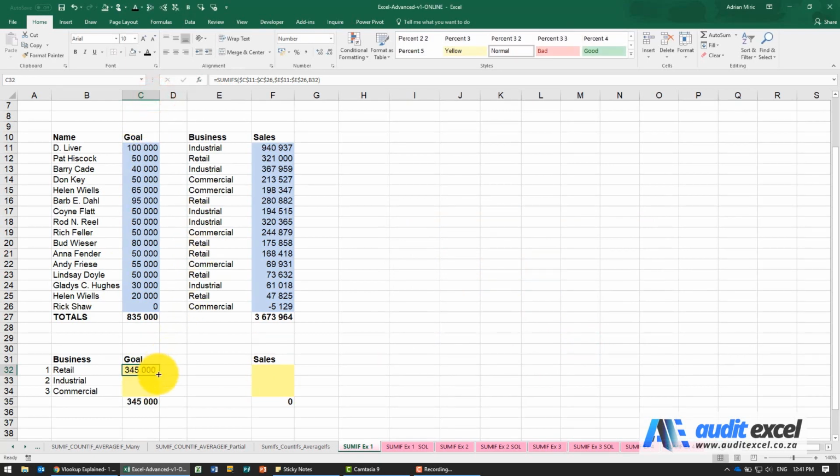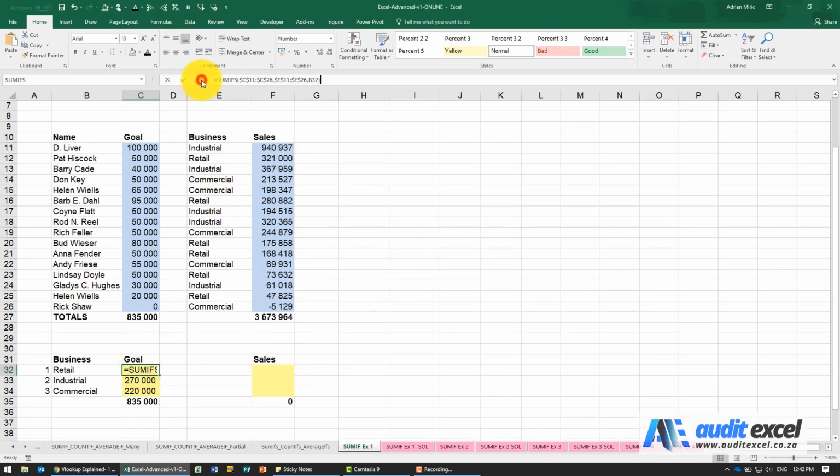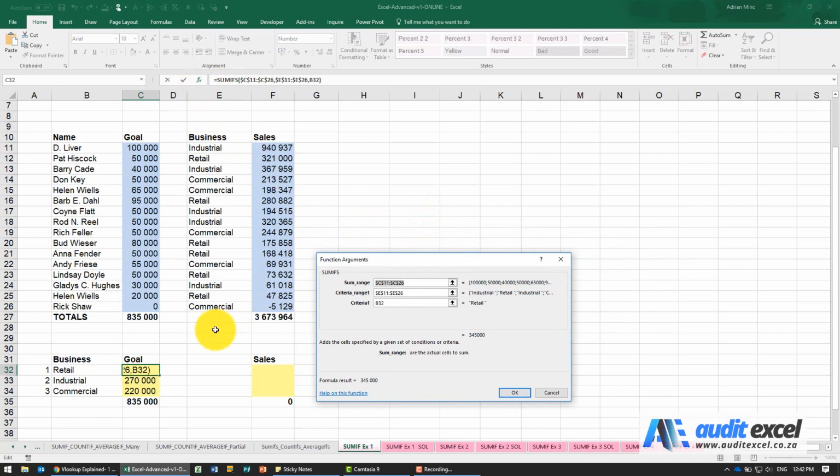You'll see it gives me a number, and I should be able to copy it down. And it gives me these numbers. You can see that ties in with that, so that must be correct. Now if we copy and paste this, you'll see it's giving us incorrect numbers or zeros. You could obviously rebuild this, but what we're going to do is we're going to just work on the dollar signs here just to make it that it's copyable. So the first thing we've got is we're saying look at the sum range. It's looked over here. Now we know that when it's here it must look straight up. When it's over here it should rather look at the sales. However, as we copy it down, it must always look at row 11 to row 26.